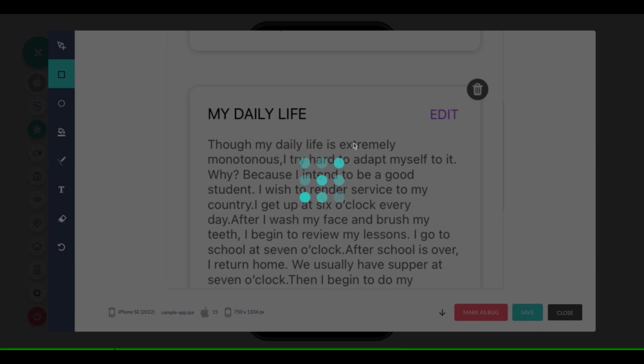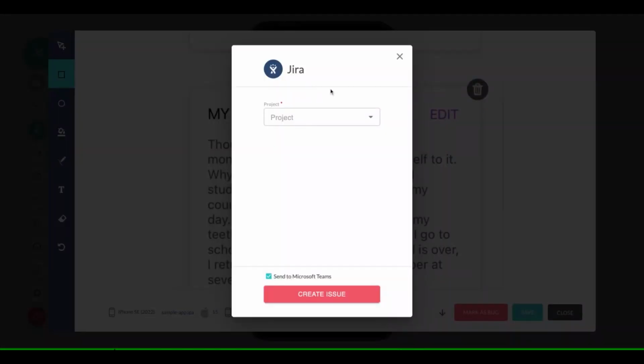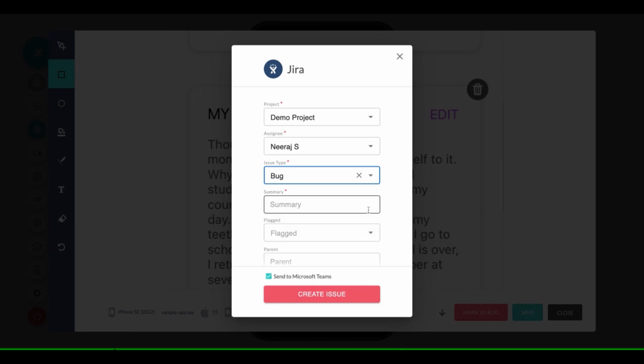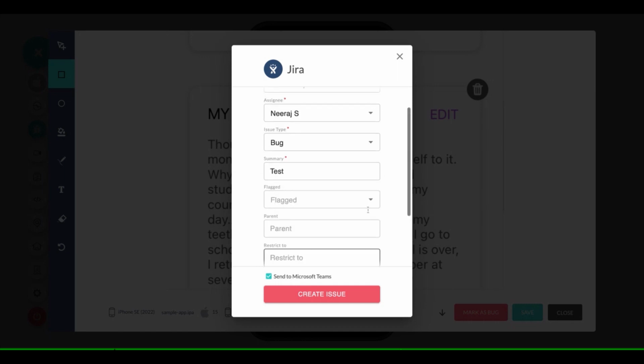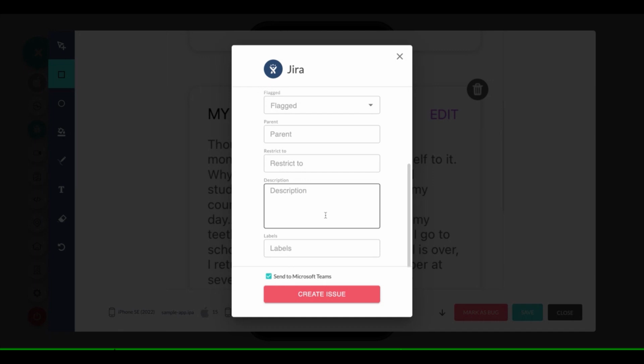So in my case, on my account, since I have Jira integrated, it will automatically open a pop-up with the Jira details that are required for me. So I'll create this bug in a demo project. I'll assign it to myself, and I'll keep the issue as a sub bug. And just like this, you can also enter all the required details in your bug marking tool and